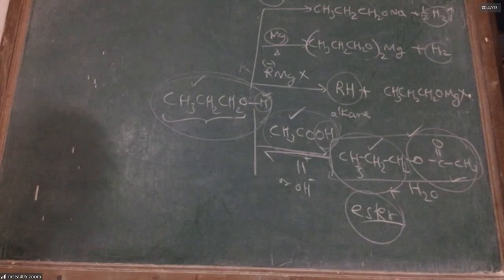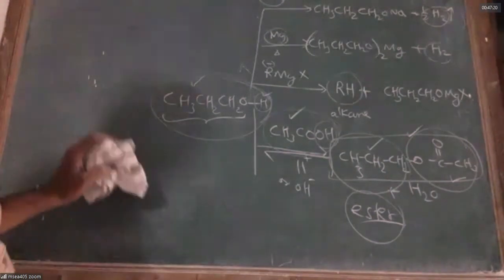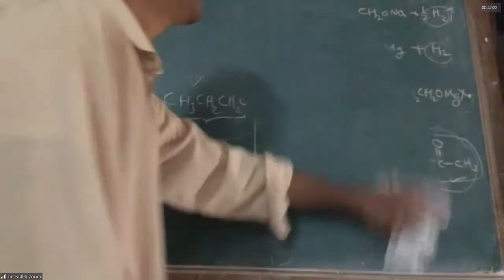So when an alcohol is reacting with Grignard reagent, alcohol acts like acid. When alcohol reacts with sodium metal, it acts like acid. When alcohol reacts with magnesium, it acts like acid. When alcohol reacts with carboxylic acids or their derivatives, it acts like acid. It gives H+. Are we clear? Yes, sir. Let's look at this reaction. An acid derivative. What is an acid derivative?